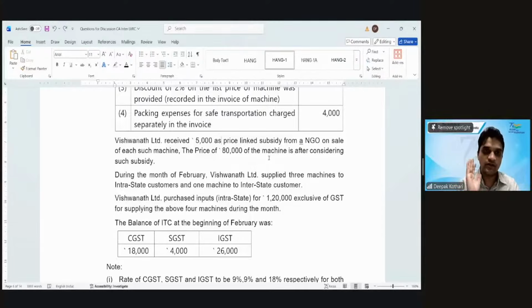I wanted 120 rupees for the shoe, what I'm selling it to you. You said I have 100. Your brother said, okay, you sell it to him. I will pay you 20 rupees. So for me, sale value is 120, right? Similarly, here also, when I'm selling a machinery, NGO is saying, okay, reduce the price by 5,000. I will pay you. So whether the customer pays or NGO pays, it is a value for me. So that's why I am adding it to the transaction value.